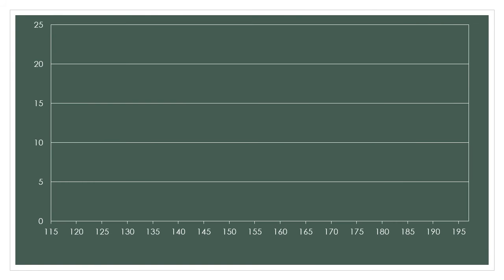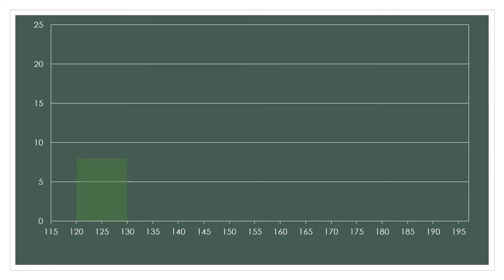So the histogram value will be something like this. I have taken 5 here because the maximum is quite high. So 0, 5, 10, 15, 20, 25, and so on. The value starts from 120 and ends at 190. So I am starting my x-axis from 115 and ending it at 195, to keep a gap between the two values.